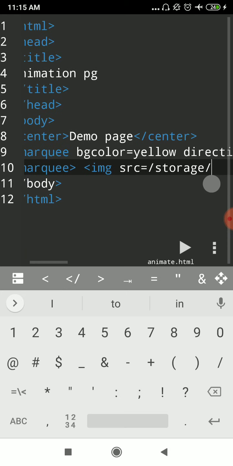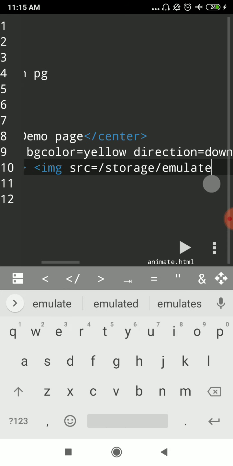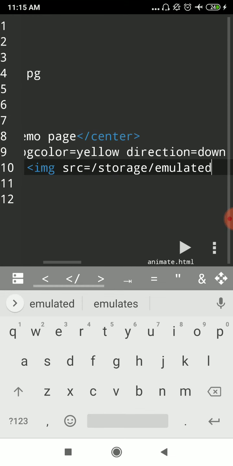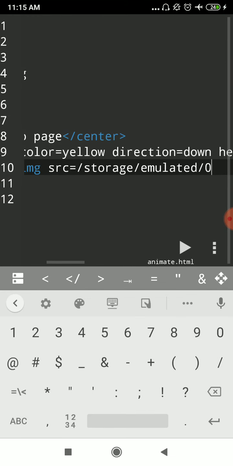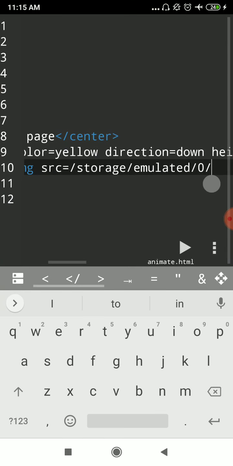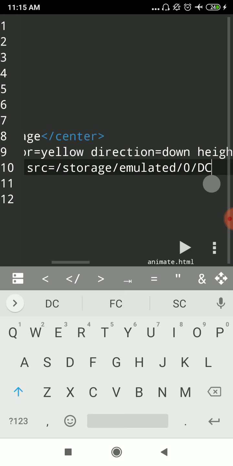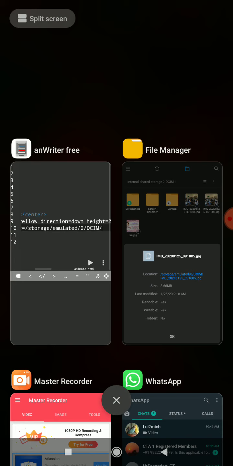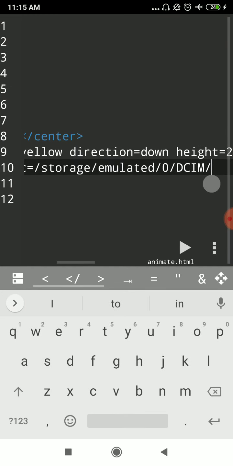Once again, I had to type because the options are not showing here, so I will just try to write it.